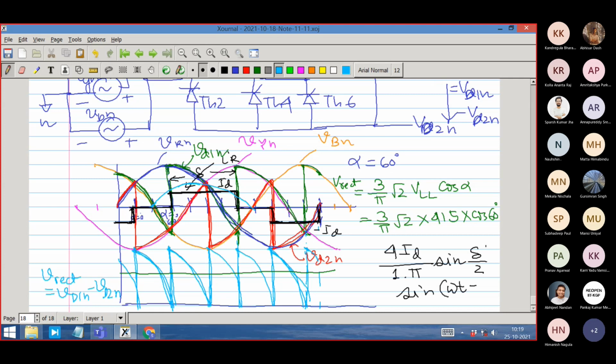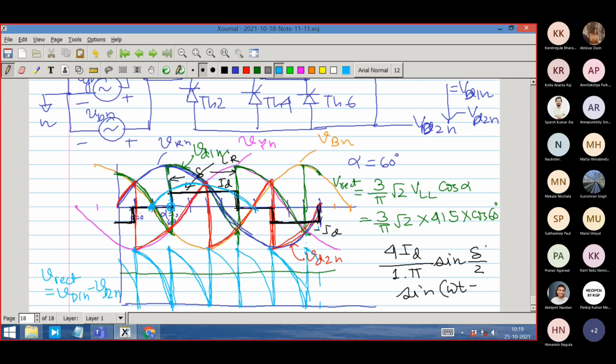So what is it basically saying? A 30 degree shift is there, wherever this is the point when the current is getting value. But from the symmetry point of view, it will be shifted by this. The fundamental component will be located here, from here a 30 degree shift. So in general, what is this? It is 30 degree plus alpha in general.